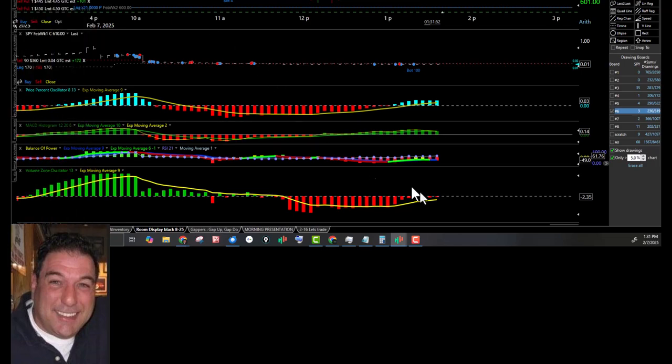What I look for is, okay, I want a place where price is doing this again. Price is underneath the yellow line and starting to move lower, all right? I want the MACD to be red, all right? That's what I'm looking for. I want the volume zone to be underneath this right here. At the time when I messaged her, we were looking at this, and that's what I was probably going to